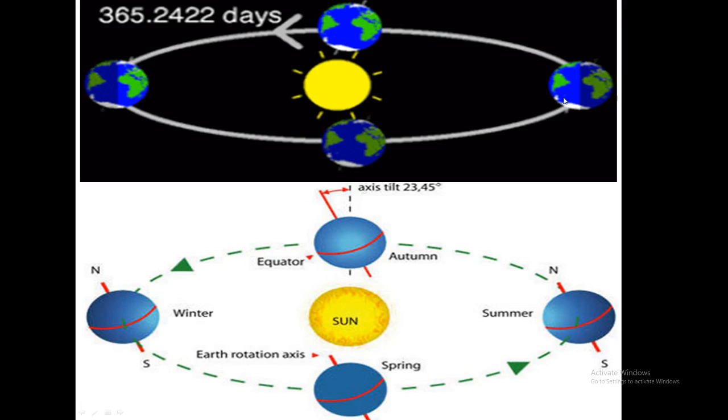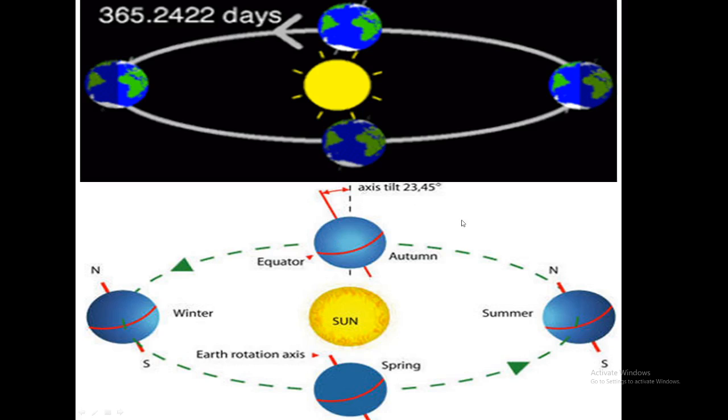But while it is revolving, the portion which receives more sun rays will be either the northern hemisphere or the southern hemisphere. It depends upon the position of the earth. In the second diagram I will show, this red line is moving from top to down,